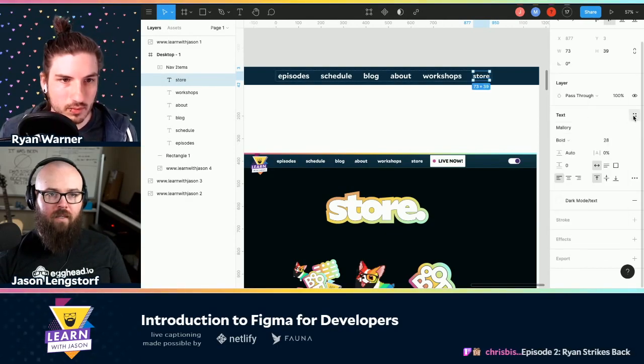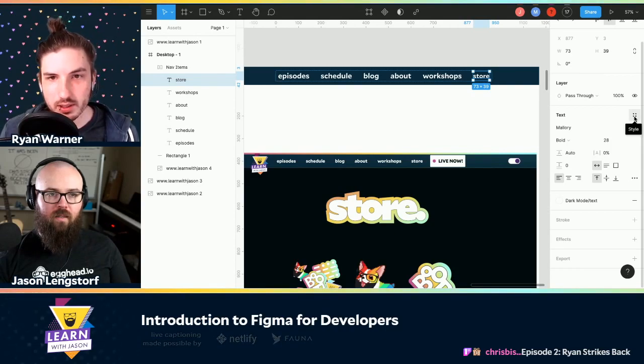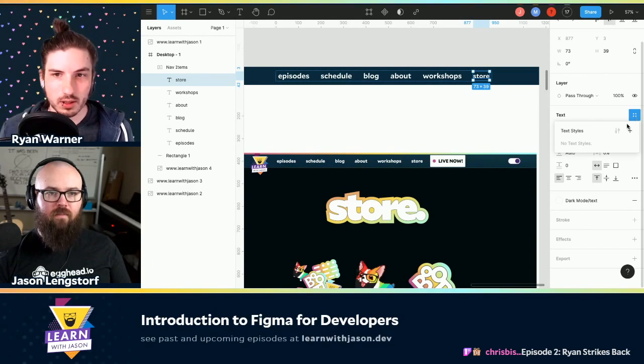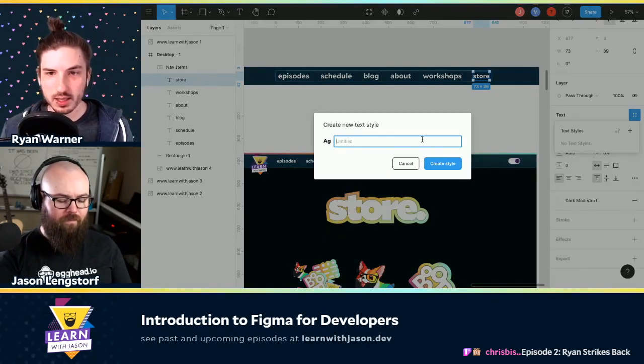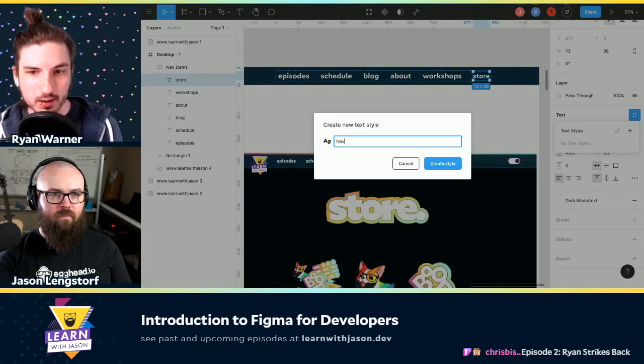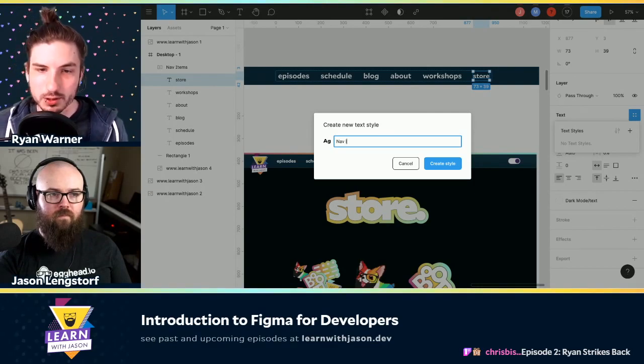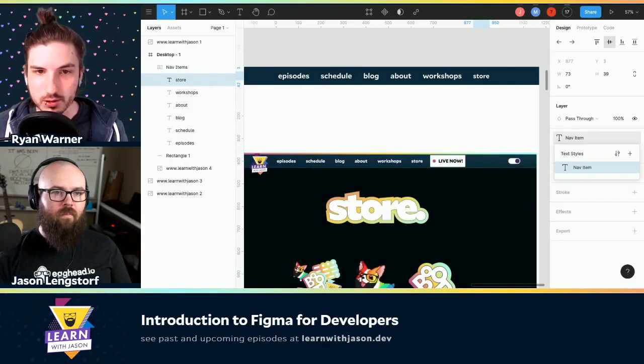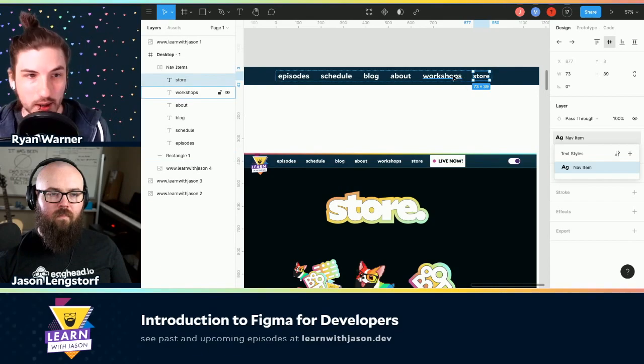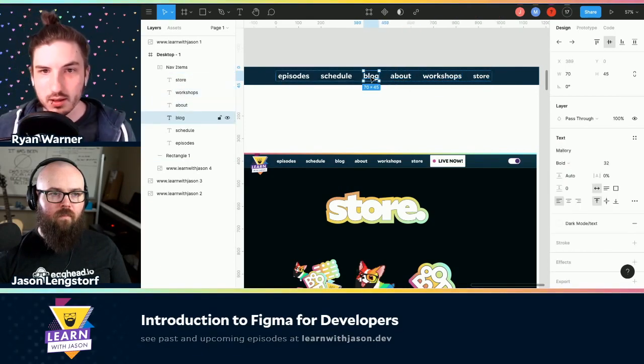But then I can do a text style with this too, it looks like. Exactly. Just like we did the color style, we can link other styles together, like the text properties, or if we wanted to add a shadow or a stroke here, we could also create styles, or how I like to think of it, classes.